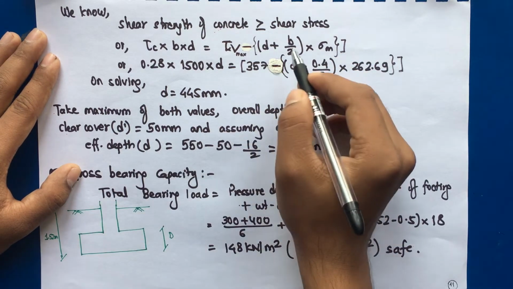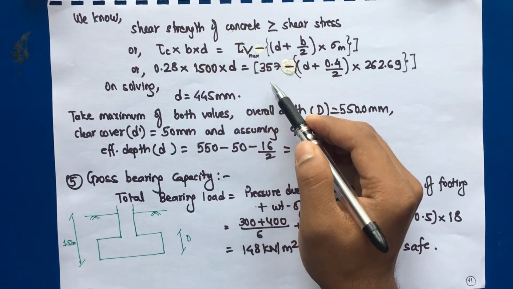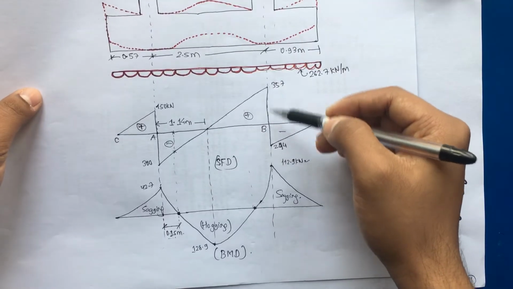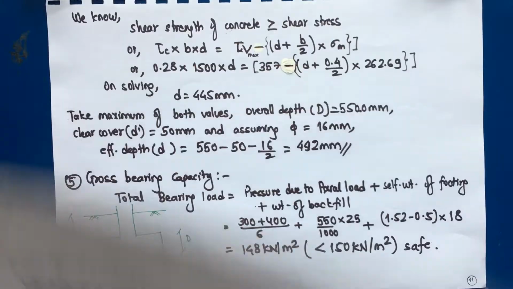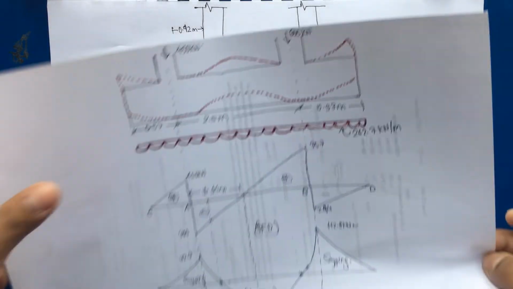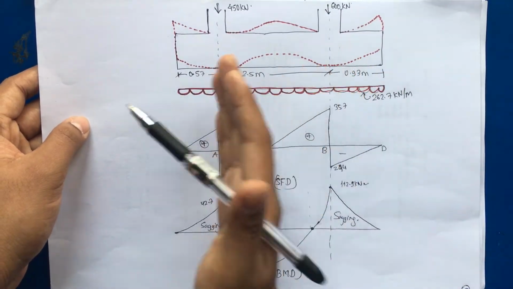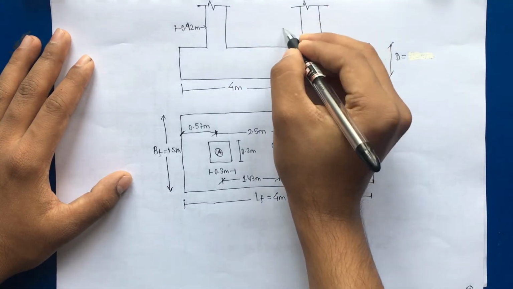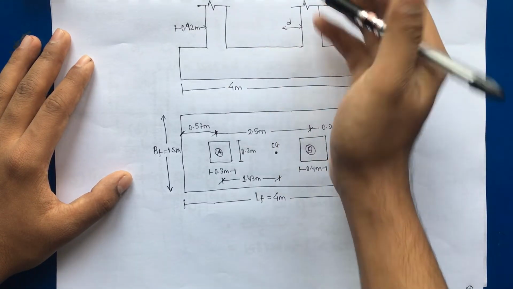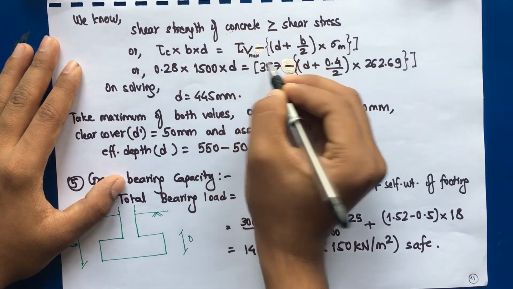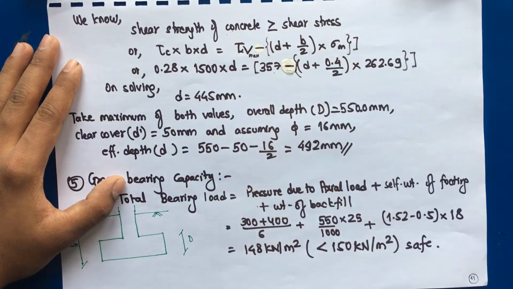Why is this? Because the maximum shear force is 357, which we found for column B. So we will determine on the basis of the maximum shear at a distance d. The 357 value was for the left of column B, so we will consider from this face at a distance d. So at a distance d, we will consider the maximum shear force, Vmax, that is 357 minus d plus b by 2 into